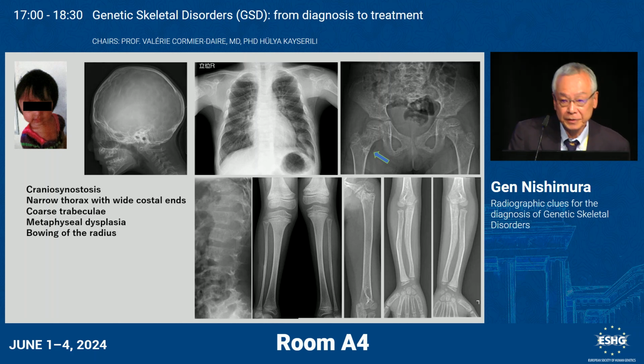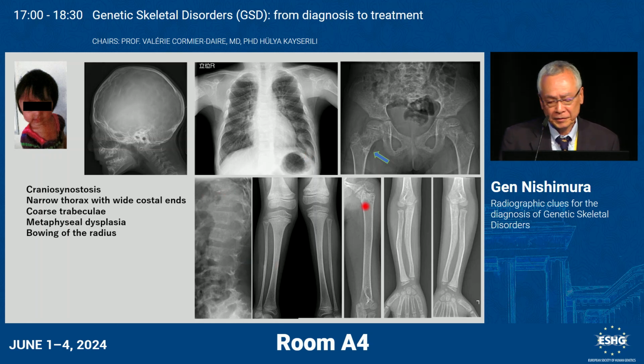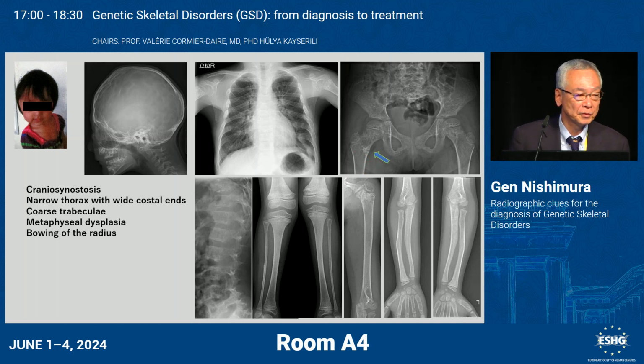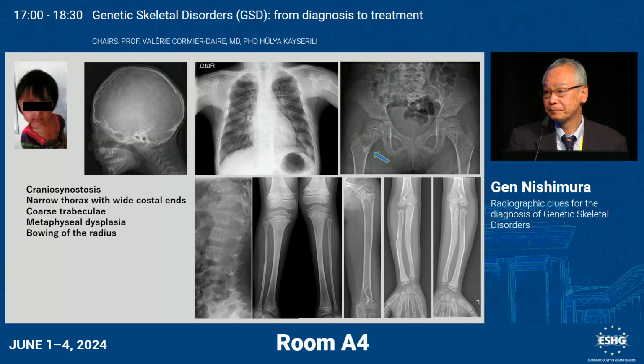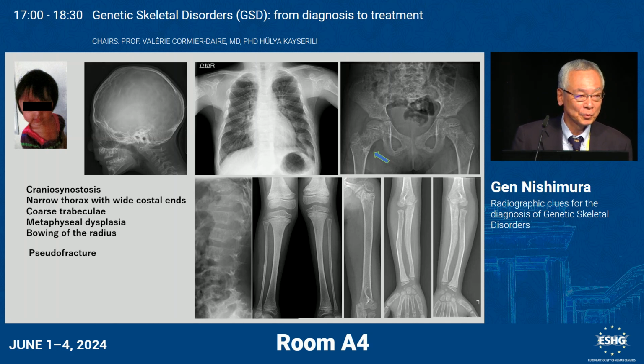This is the last quiz. This case shows craniosynostosis with cloverleaf-like appearance of the skull, a narrow thorax with wide anterior costal ends, a coarse trabecular pattern of the bone, metaphyseal irregularity like that, and bowing of the radius. And what do you think about this one? You can see horizontal radiolucency here. This is a so-called pseudofracture,